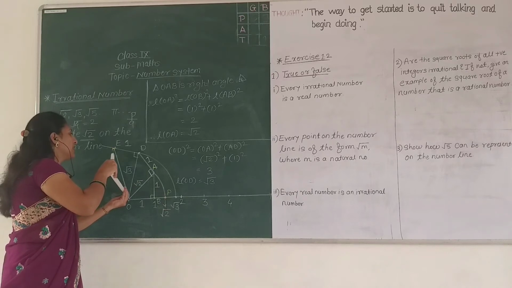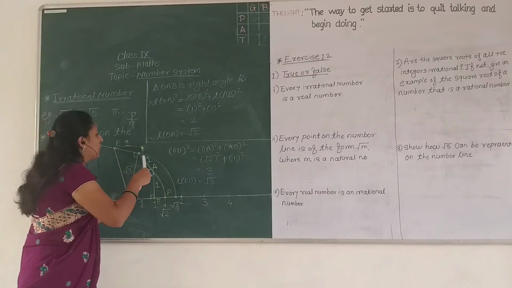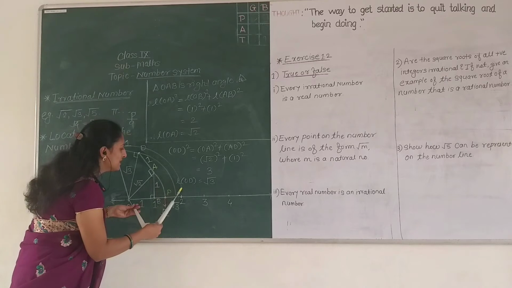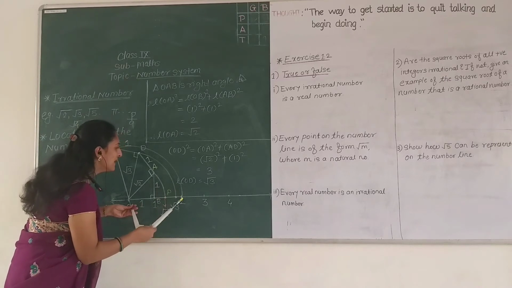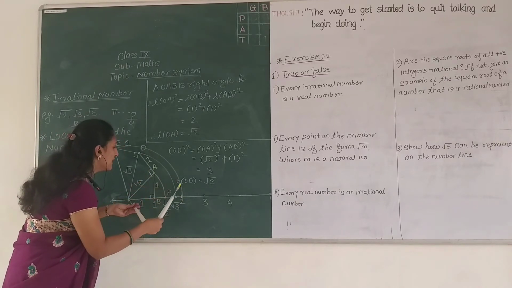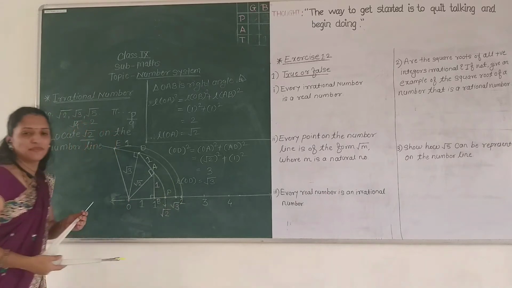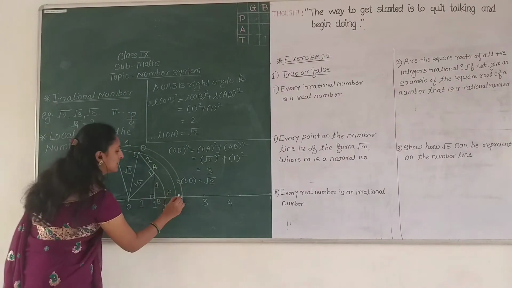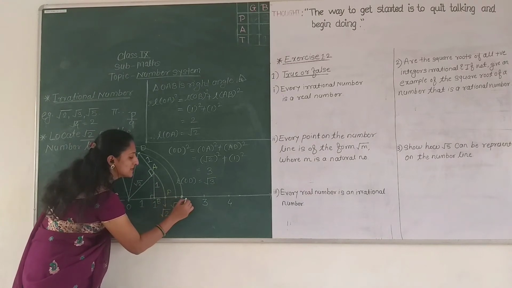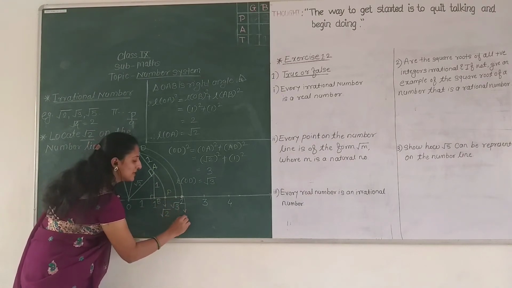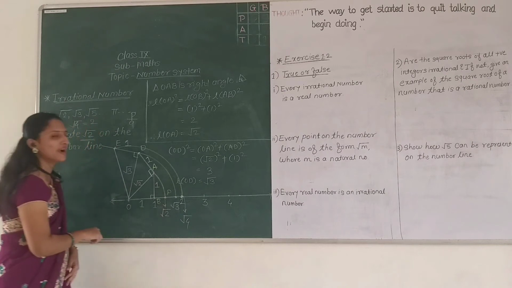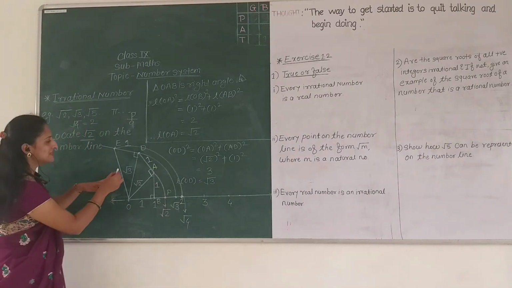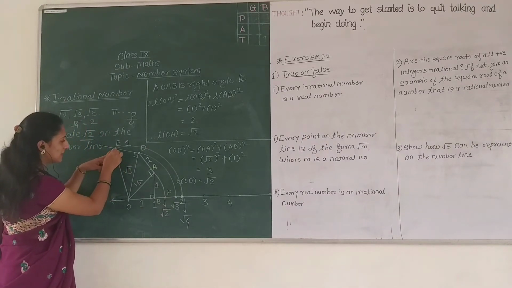Take the radius OE and draw an arc intersecting the number line. So here we get this point, which is square root of 4. Why is this square root of 4? Since here we get the triangle